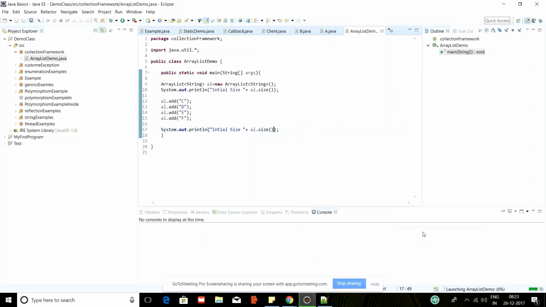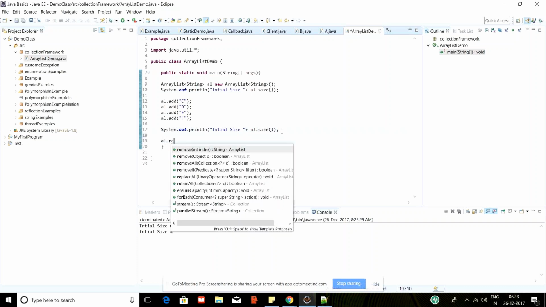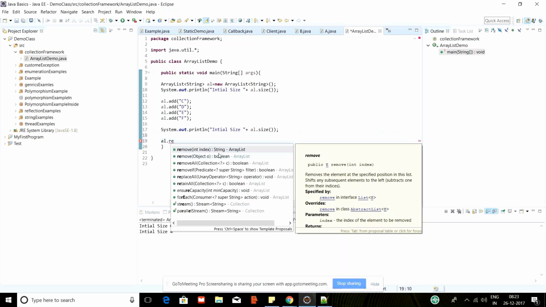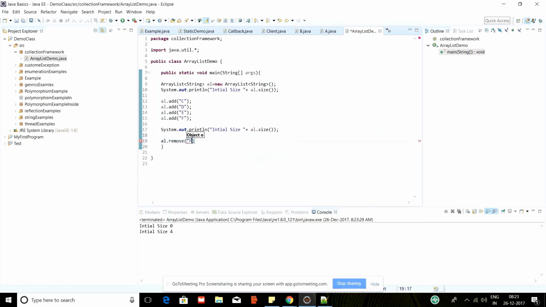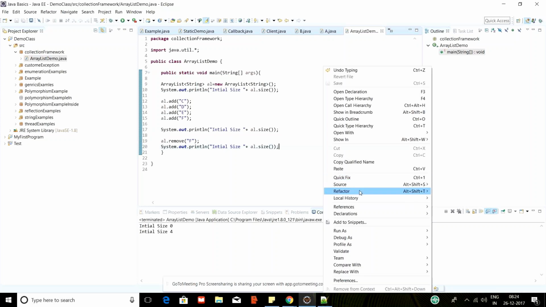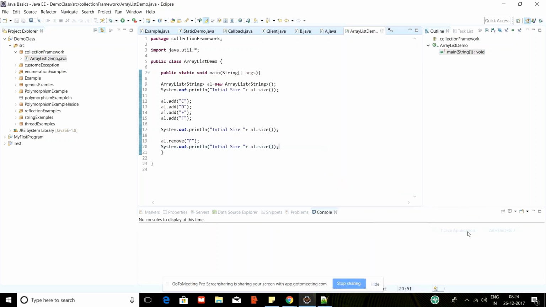If I run this program, see, first the size is 0, then whenever I'm adding the elements, the size is automatically being increased. You can also remove the elements from here. Suppose I'm removing this particular element called f. Now you can check the size. It should show me 3. I'm not sure what it will show me. So let's check. See,